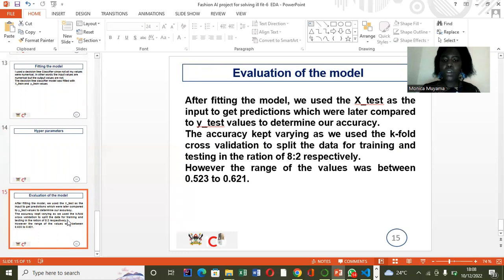After fitting the model, we used the X test as the input to get predictions, which were later compared to Y test values to determine the accuracy. The accuracy kept varying as we used the K-fold cross validation to split the data for training and testing, in the ratio of 8 to 2 respectively. However, the range of the values of accuracy was between 0.6, 0.523, and